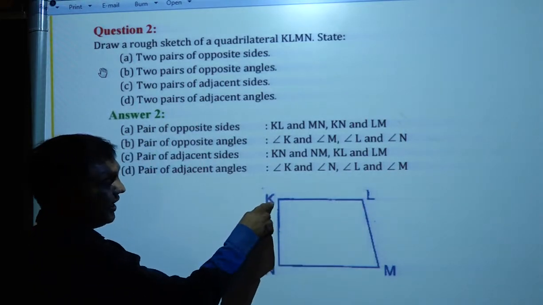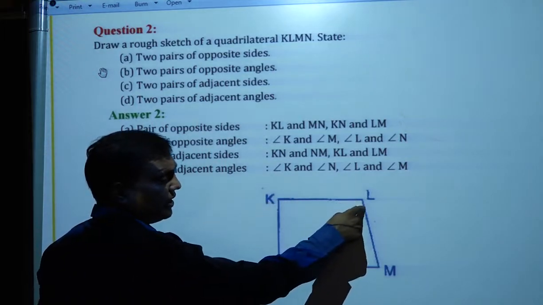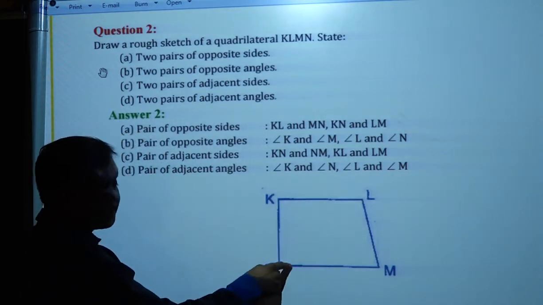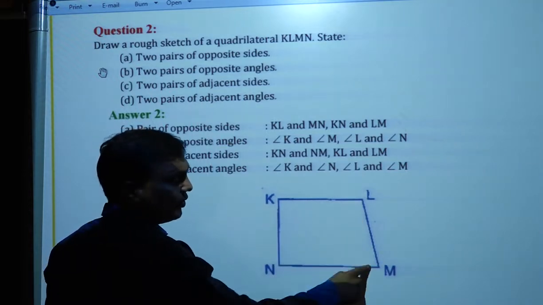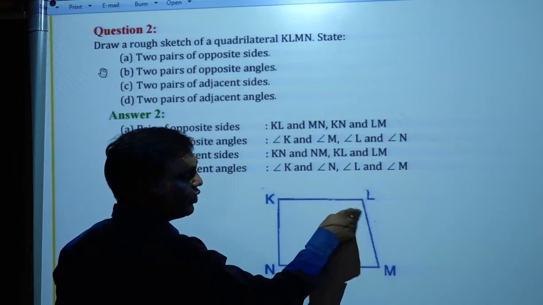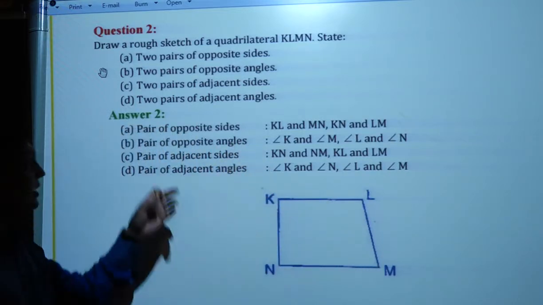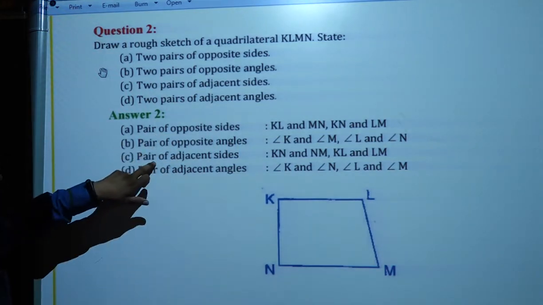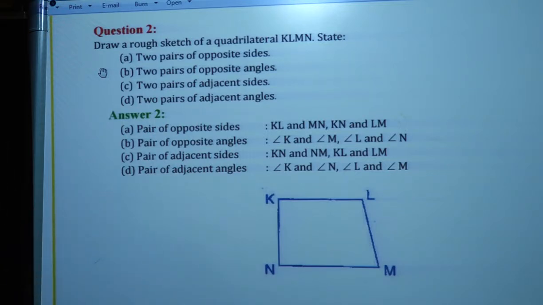Okay. So K, which is adjacent to K, here I showed L and N. Out of these two I showed N. So K को N adjacent है बाजू वाला और L को adjacent K भी होता है, M भी होता. तो यहाँ पर M बताया मैंने. So what is that? Which angle is adjacent to L? M. So you can take K also. So this was what we saw: pair of opposite sides, pair of adjacent sides, pair of adjacent angles. Now next question.